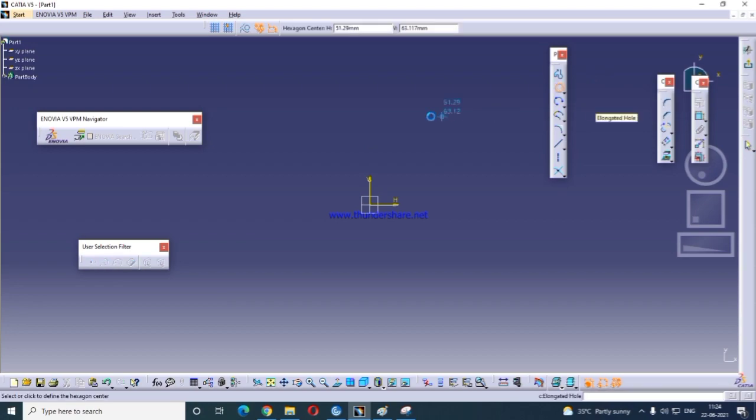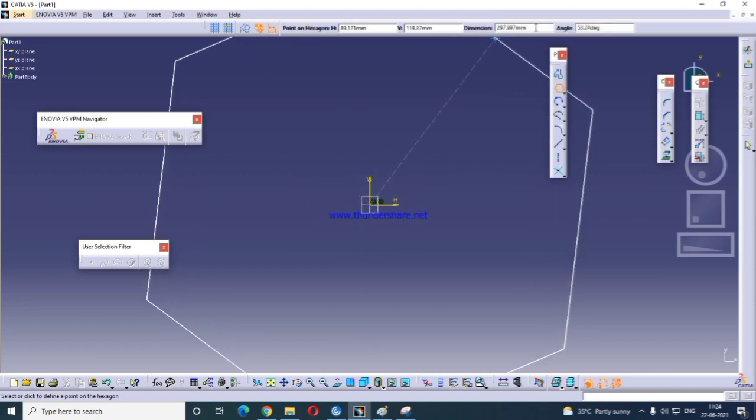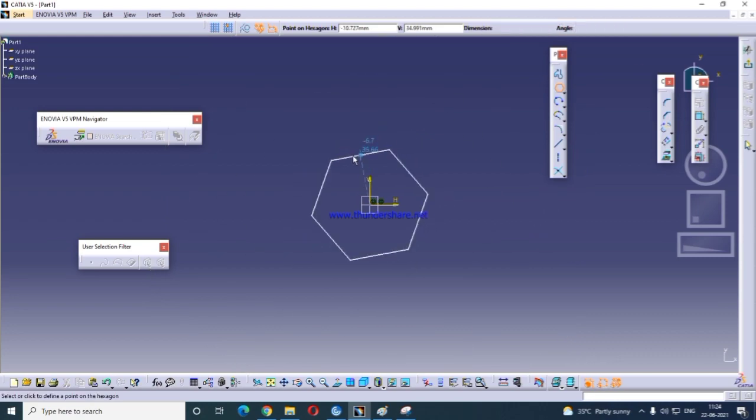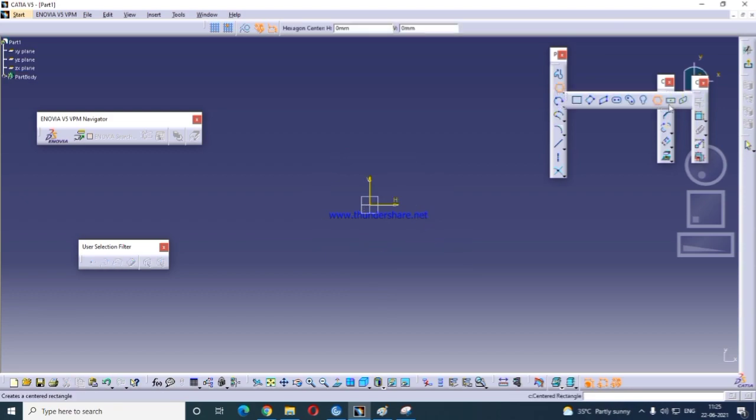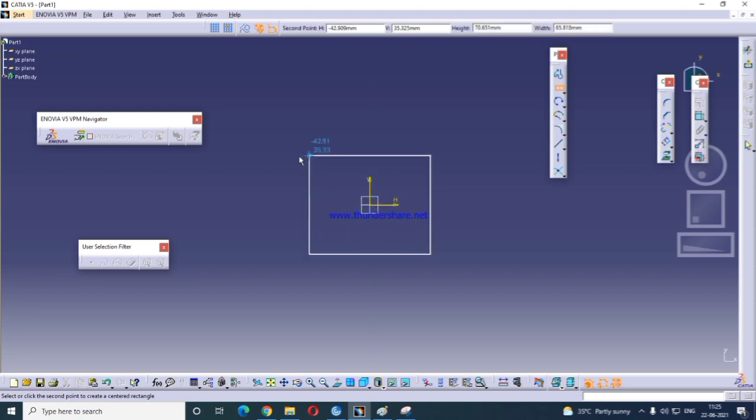And then Hexagon, by clicking this we create it, and you give the angle and dimension here. And then Centered Rectangle, by clicking the center you create the rectangle.